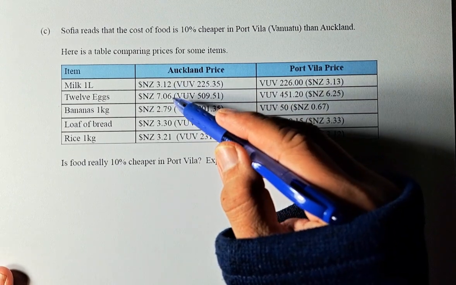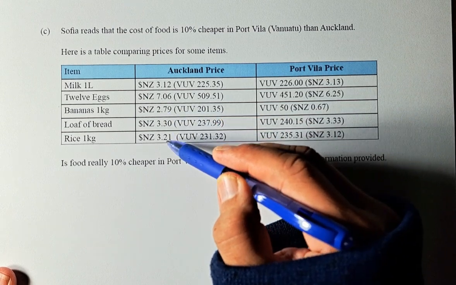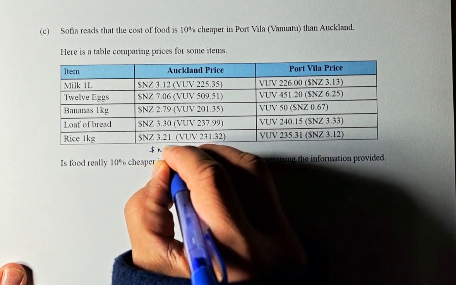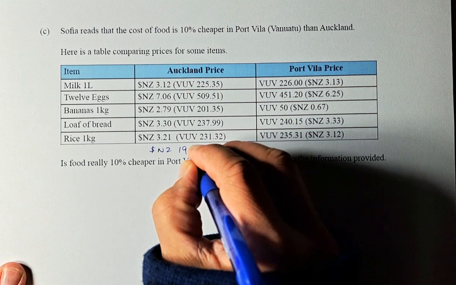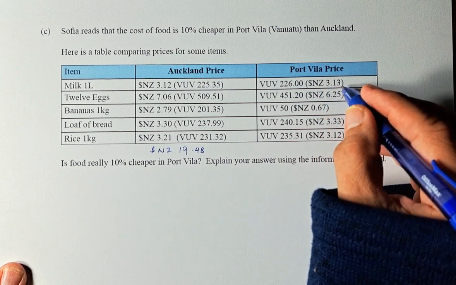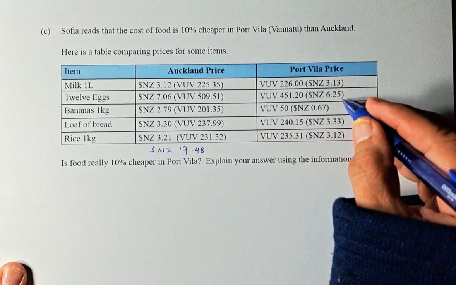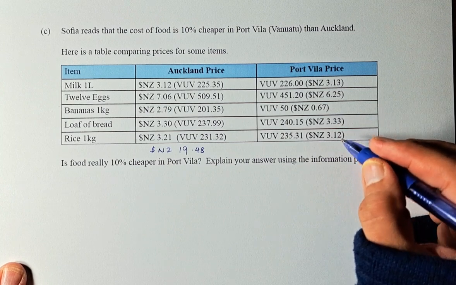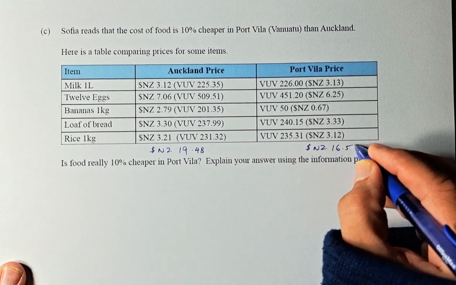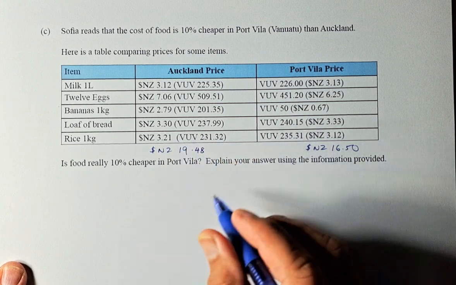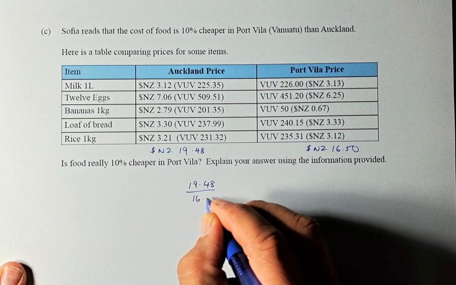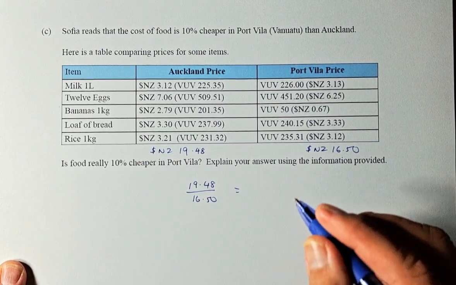If you add 3.12, 7.06, 2.79, 3.30, 3.21 of all these items here, the total will come up to $19.48 New Zealand dollars. Similarly, if you add all the same items in New Zealand dollars in Port Vila, 3.13 plus 6.25 plus 67 cents plus 3.33 plus 3.12, it comes up to $16.50. If you want to compare the price, we're going to take $16.50 divided by the price in Auckland, $19.48. You can use a calculator and the answer is going to be